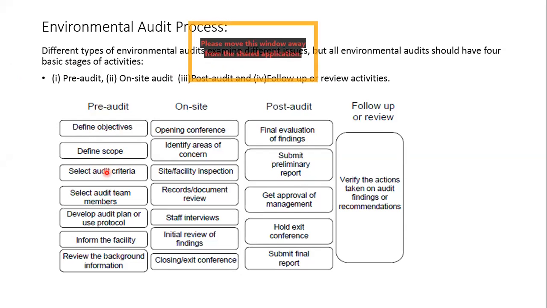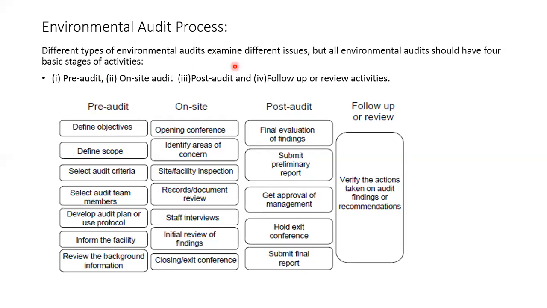So for a given situation, what are the criteria? This is a very general thing, but I will give you small lab examples. If you're conducting some experiment, what are the things, what are the prerequisites that should be there? Like when I am saying that I'm using a saturated soil to do the test, the first criterion would be that you have to make sure that the soil is saturated. And how to make sure that the soil is saturated? So like that, you have to select the audit criteria and make sure that it is followed.